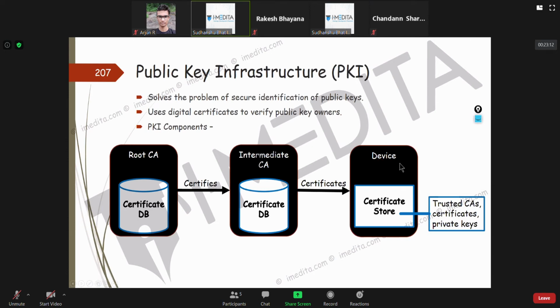I'll give you another example. Let's say in the case of ID cards, this is the income tax department. You trust the income tax department because you know it is a legal body of the government of India. When I get a PAN card and use it to show somewhere, or maybe file tax returns, it's verified by this CA, which is verified in turn by the government. You get the point?